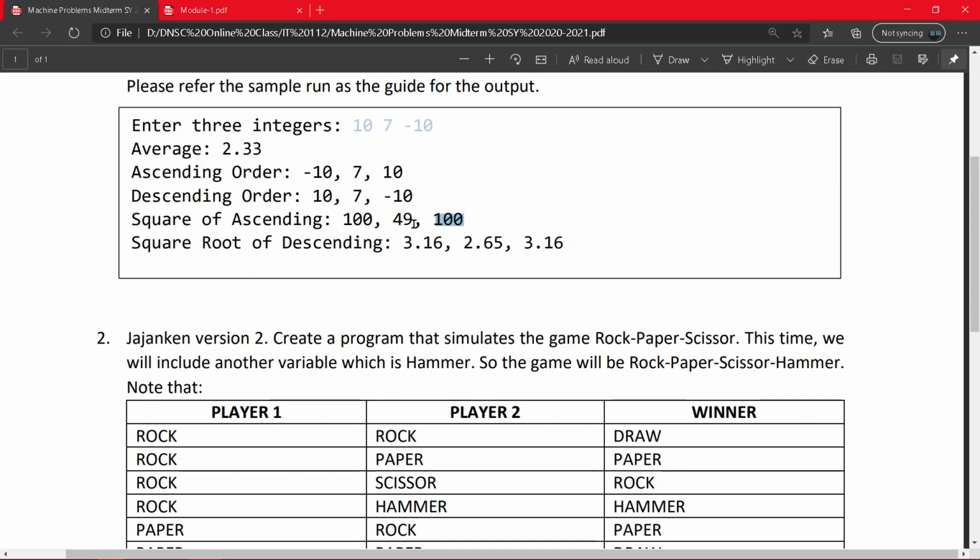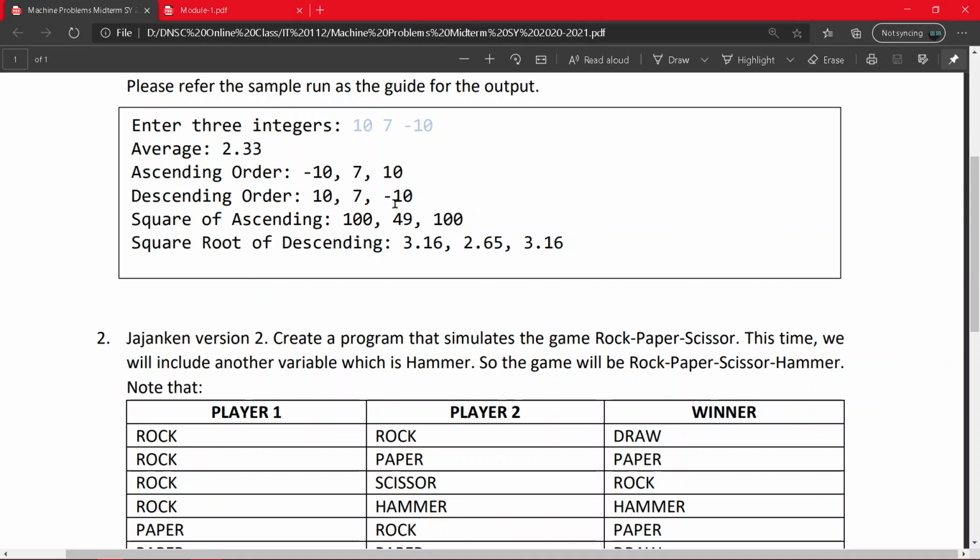As you can see, which is also explained by Mr. Kentoy, in order to get the square of ascending, first, if there is a negative part of the value or the variable, you need to put it into positive, so that when you square it, there is no negative answer, in which square of 10 is equals to 100.